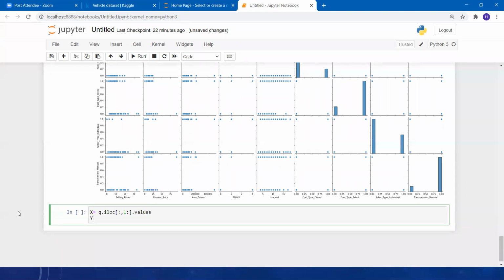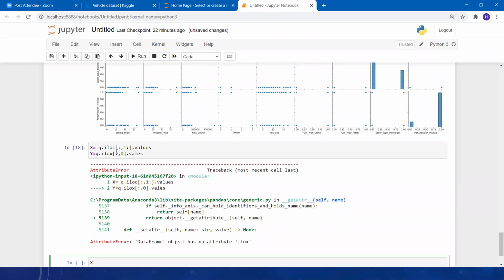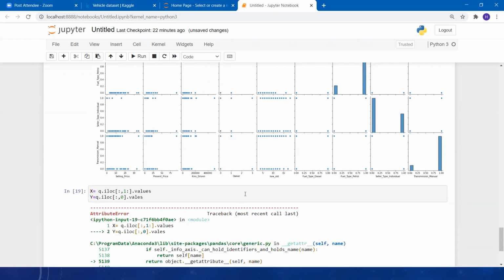It will put them in your X. Now for the y, I will say iloc, take all the rows and give us only the first column and give us our values. Now let's see what will be our... Okay, let me see. Okay, it should be iloc. Now again it is giving some issue. Let me see what is the issue.